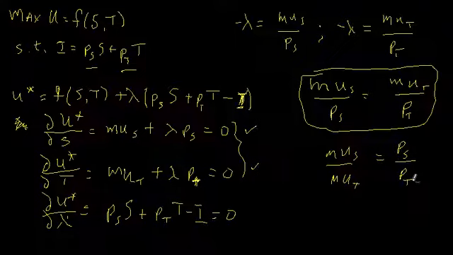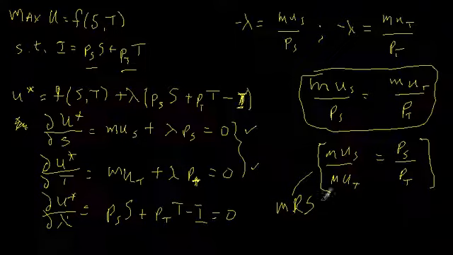So PS over PT, that's the slope of the budget constraint. Marginal utility of s divided by the marginal utility of t, that's what we identified previously as the marginal rate of substitution of s for t. So this says that to maximize utility, choose amounts of the goods that make the slope of the indifference curve, the marginal rate of substitution, equal to the ratio of the prices of the goods. Now what we want to explore in the next video